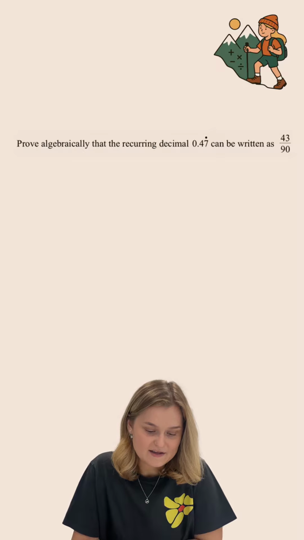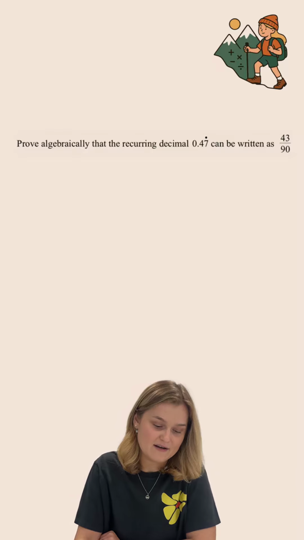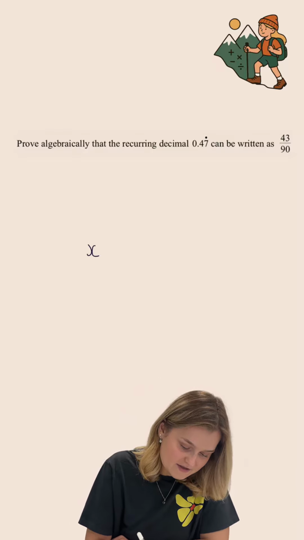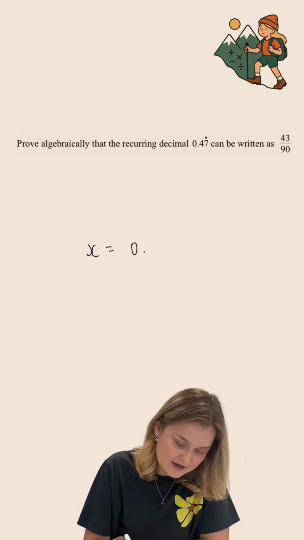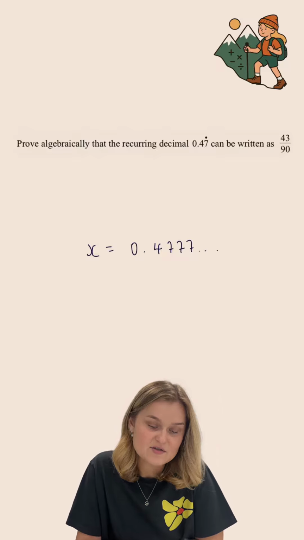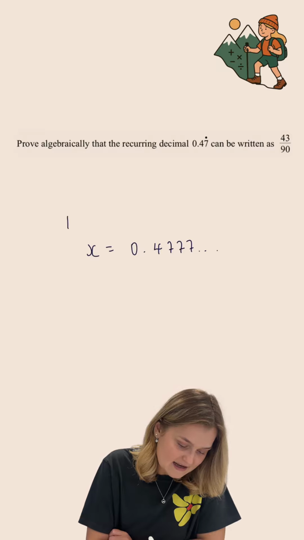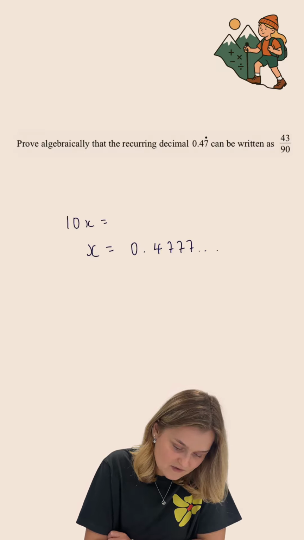Prove algebraically that the recurring decimal 0.47, where the 7 is recurring, can be written as 43 over 90. So the first thing I'm going to do here is let x equal my decimal, which is 0.47 recurring. So the 7 bit is the bit that keeps repeating because the dot is above the 7 in the question. I'm then going to multiply this by 10, and that's going to give me 10x equals